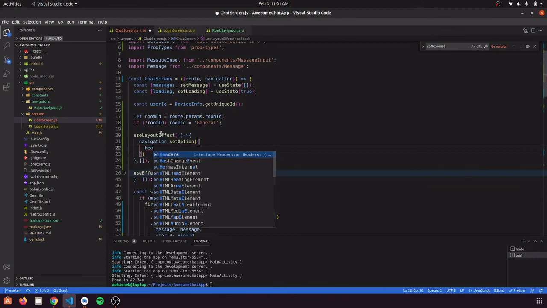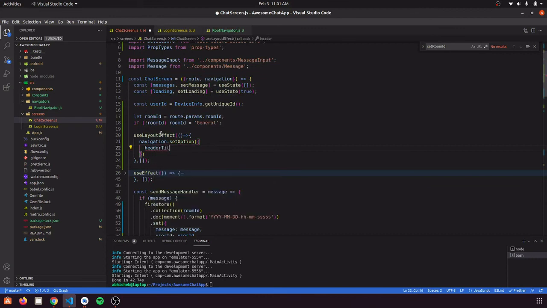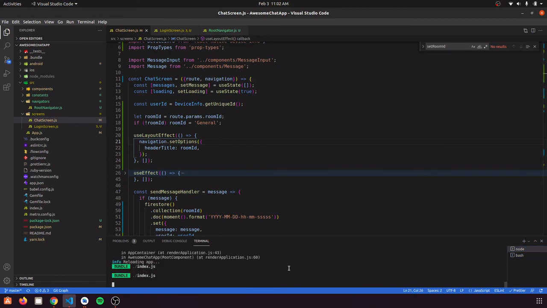So we are going to define a header title that would be equal to this room ID. Here is a mistake: the property name is set options, not set option. So remember this, and let's save all of these things and try to run it on our devices.